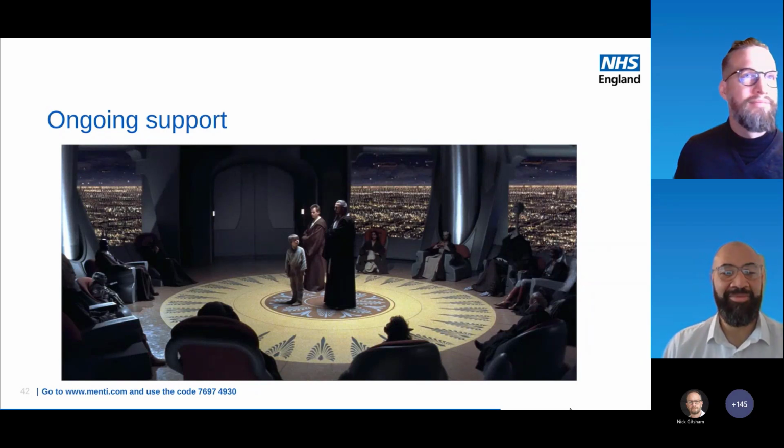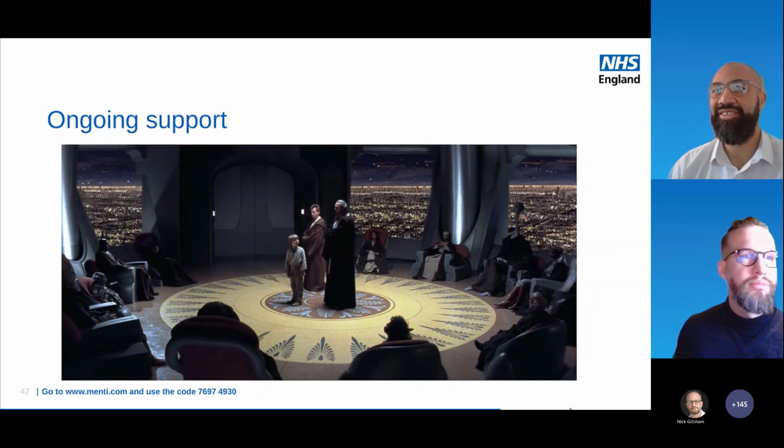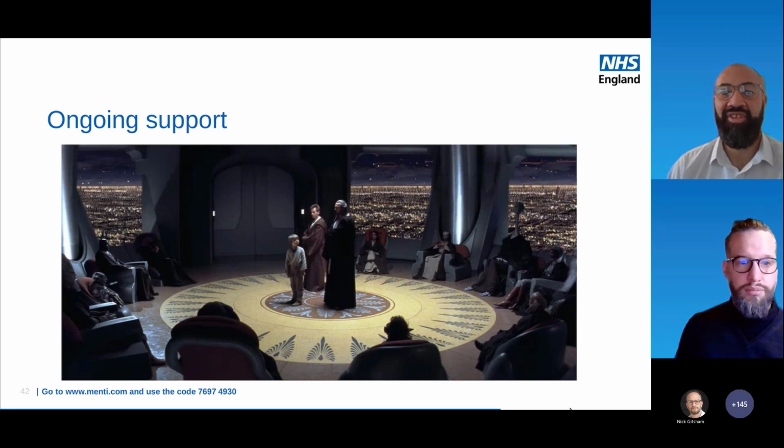Hi, I'm Sean Griffiths, member of the team, been with the team for around 2 years. I'm just going to go through some of the support that we can offer and just say that what we've covered today isn't everything around patient flow. There's other areas that we haven't covered. And some of the ways of working and material that have been described will require significant change in the culture. Carrying out any of these ways of working that we've spoken about, please contact us so we can support you.